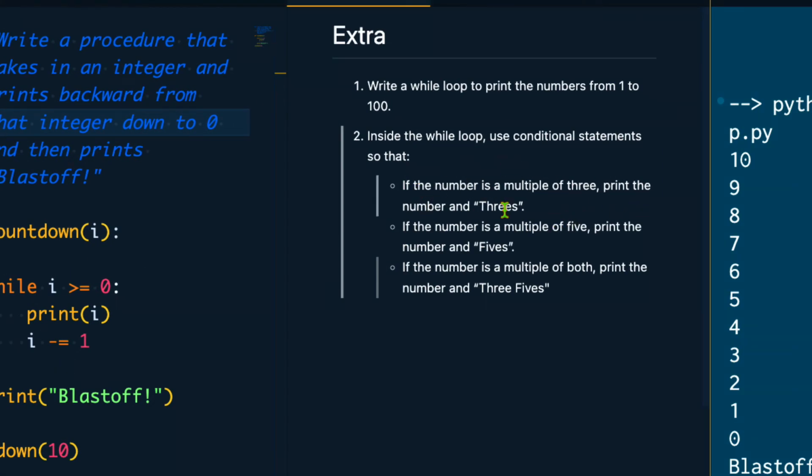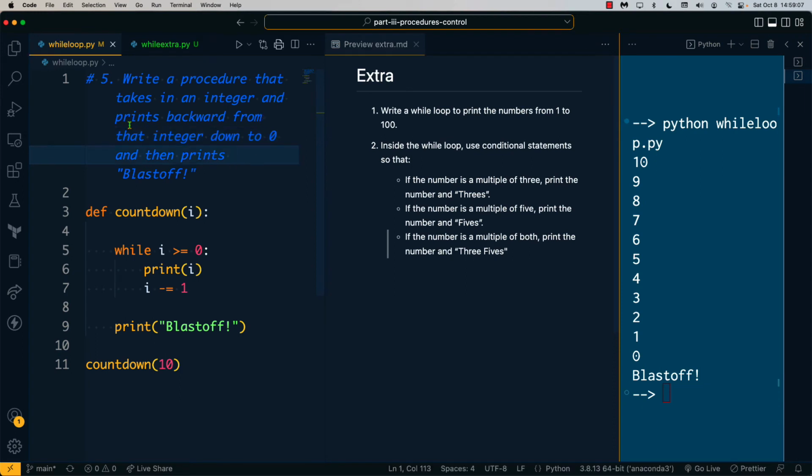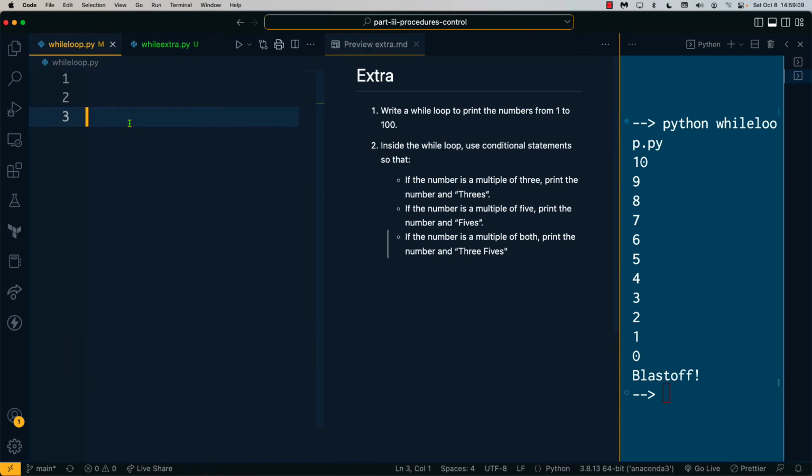a multiple of 3, print the number and 3's. If the number is a multiple of 5, print the number and 5's. If the number is a multiple of both, print the number and 3 5's. So, let's go over here. Let's get rid of that. So, well,